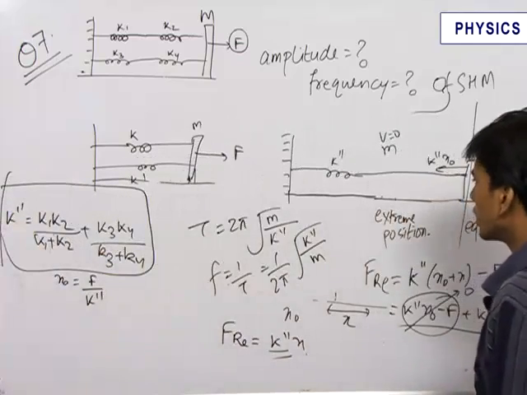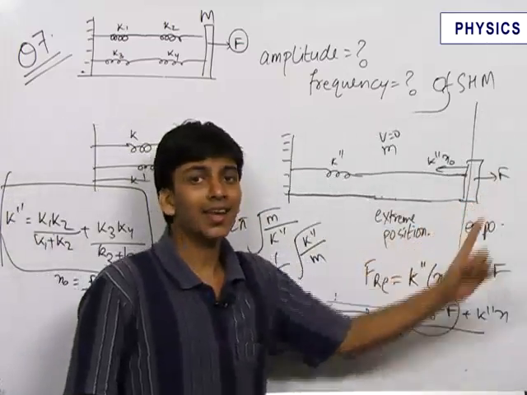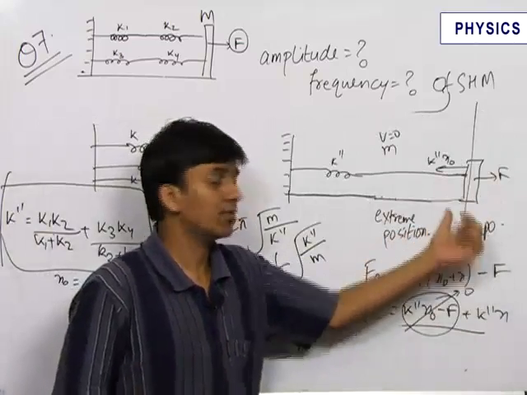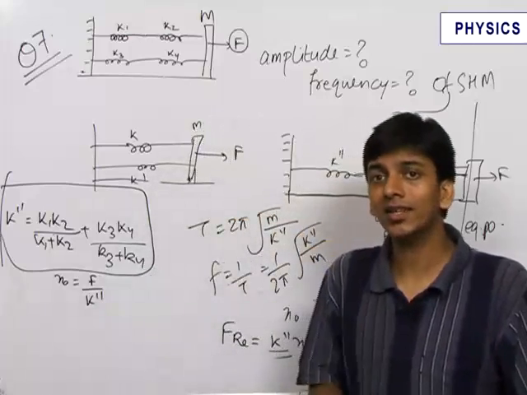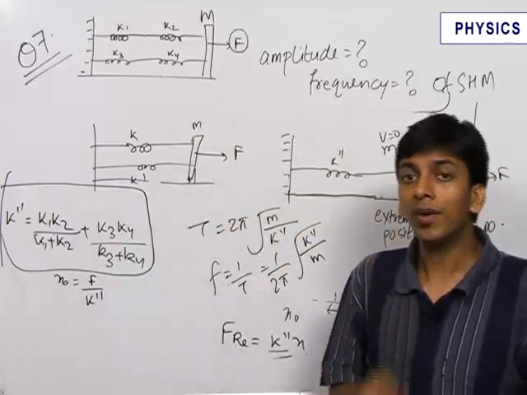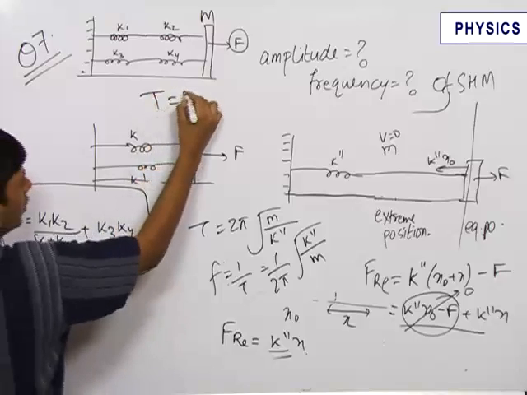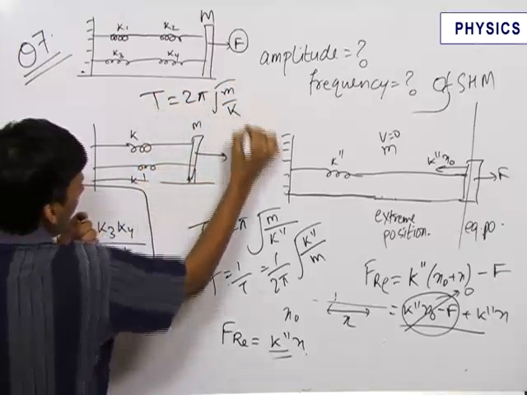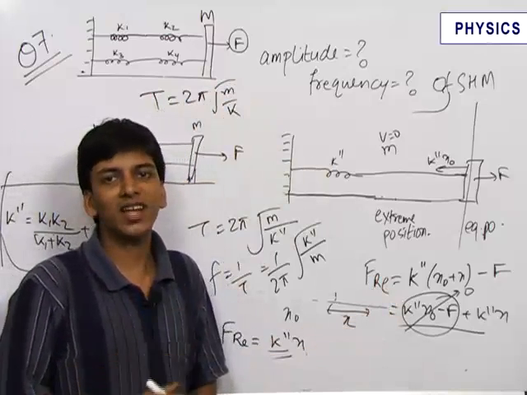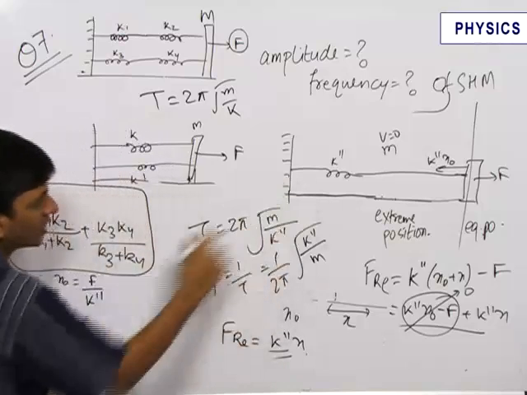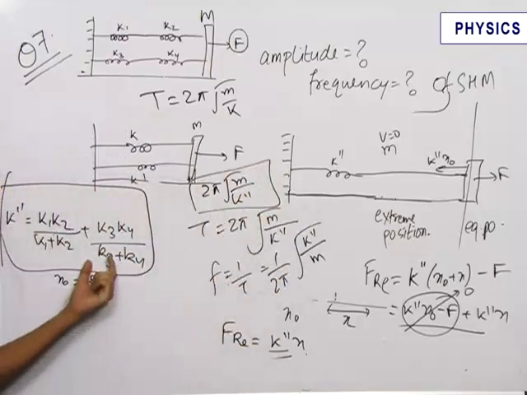So an important thing which we learned here is that a constant force can never change the time period of a SHM. So even when the spring block system is doing SHM in the vertical direction, there is a constant force of gravity acting on the block, but since it is a constant force, it can never change the time period of the SHM, and the time period still comes out to be 2 pi root over m upon k, as it did in this case. So in the case of constant forces acting on the block, always neglect that to find out the time period of the SHM directly to be 2 pi root over m upon K double dash in this case, where K double dash was equal to this.